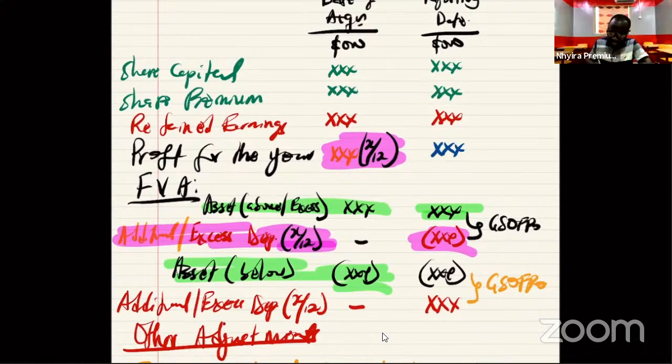For that reason, again, we calculate the excess depreciation, but this time around, it will be added back to the post-acquisition profit for the entity, because they had charged more depreciation than they are supposed to have charged, taking into consideration the net assets of the company. So that is what we mean by the fair value adjustment.